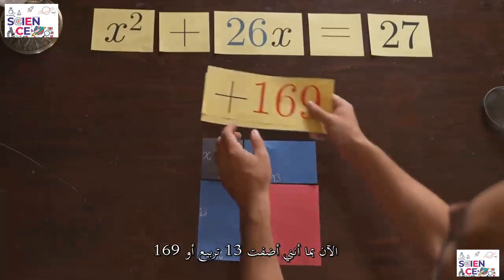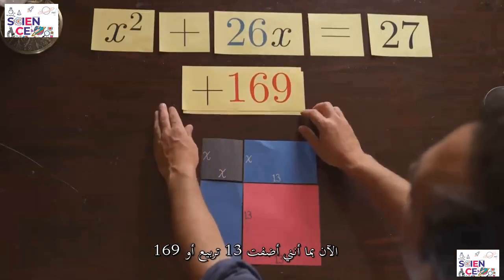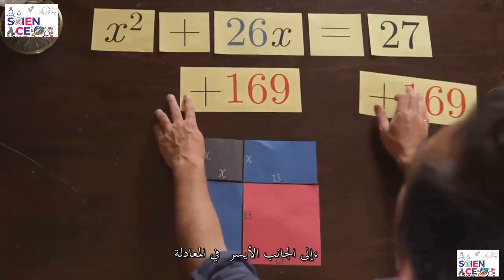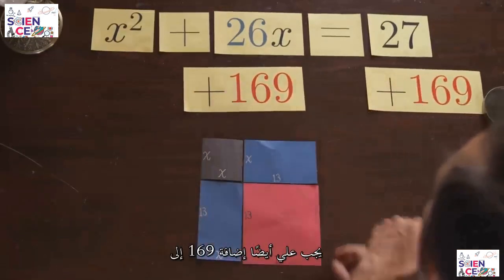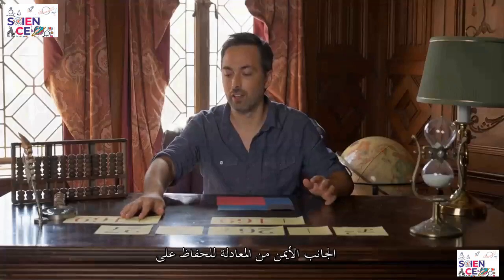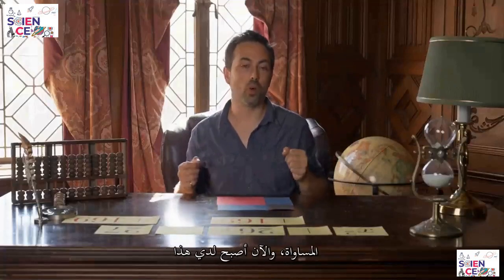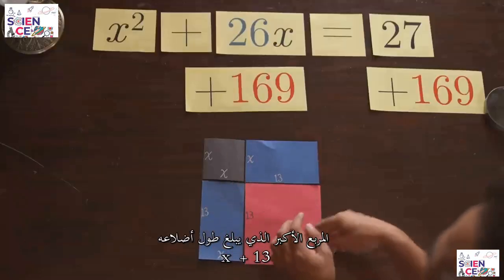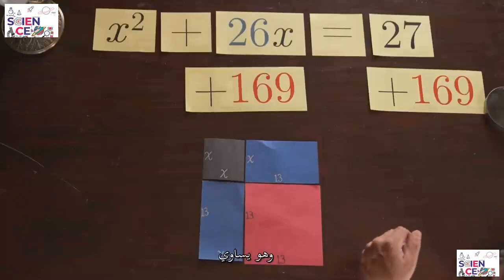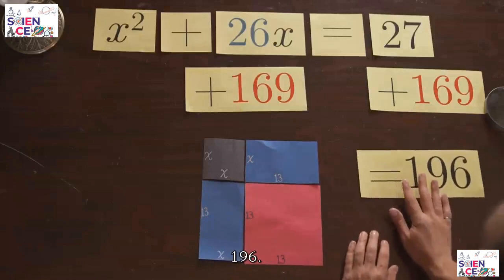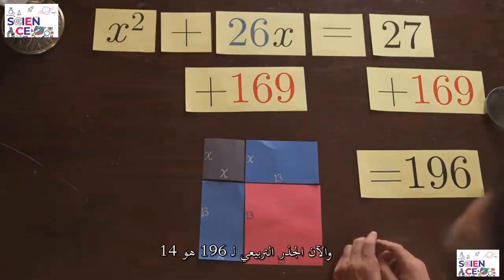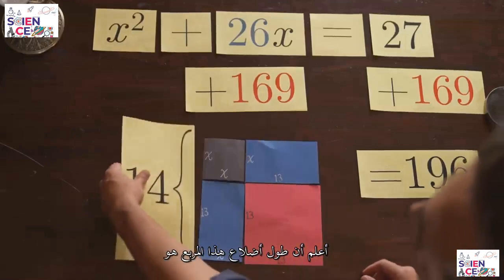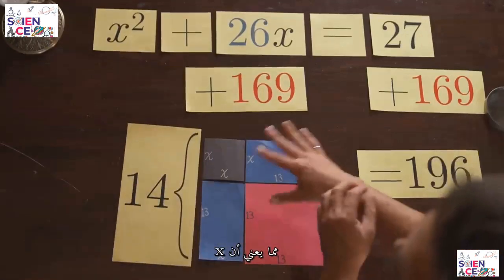Now, since I've added 13 squared or 169 to the left-hand side of the equation, I also have to add 169 to the right-hand side of the equation to maintain the equality. So now I have this larger square with sides of length x plus 13, and it is equal to 196. Now the square root of 196 is 14. So I know that the sides of this square have length 14, which means